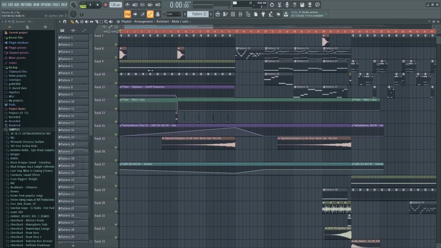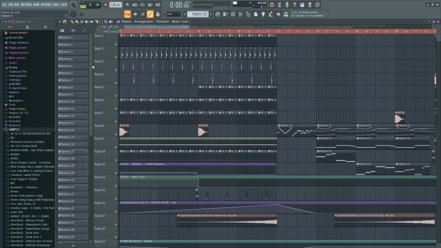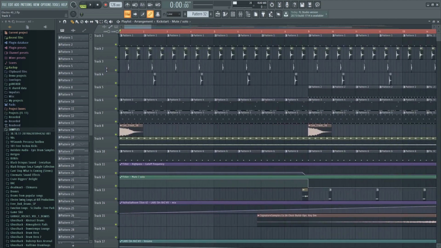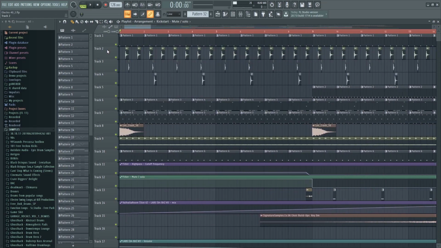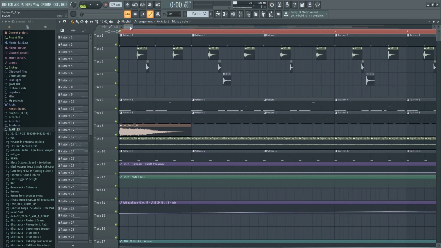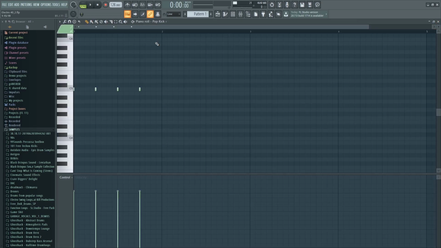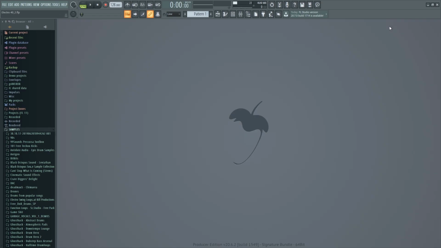Starting off, we have the Wolfgang Gartner style Complextro, dark and moody. This generally has more understated drums. They're not really big EDM style drums. They're often a lot shorter, a lot snappier. So if I go through some of the samples I've got here, for example, the kick drum,